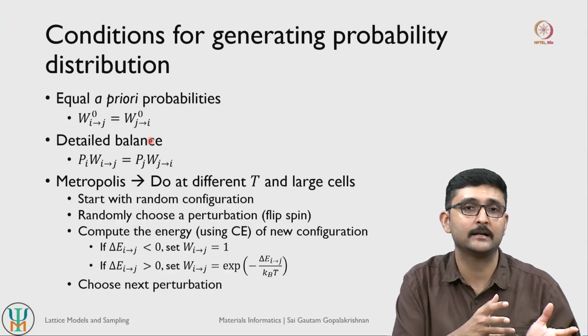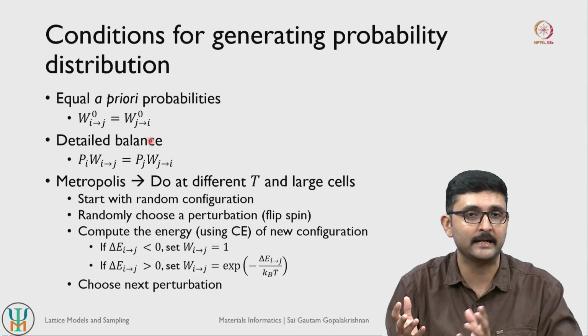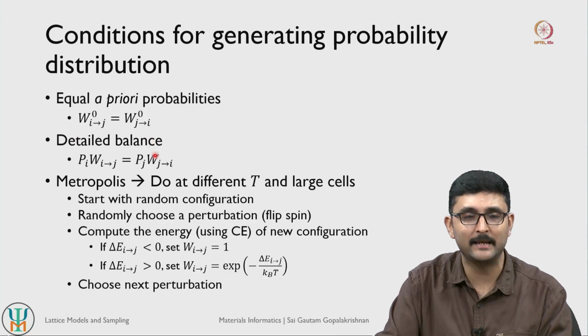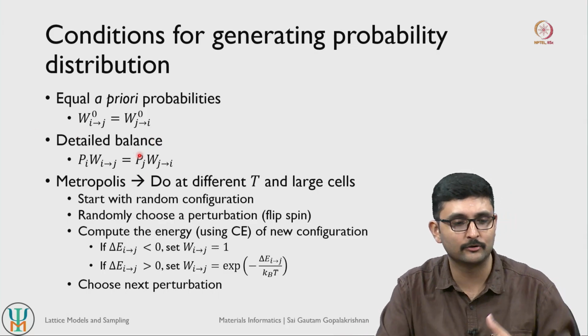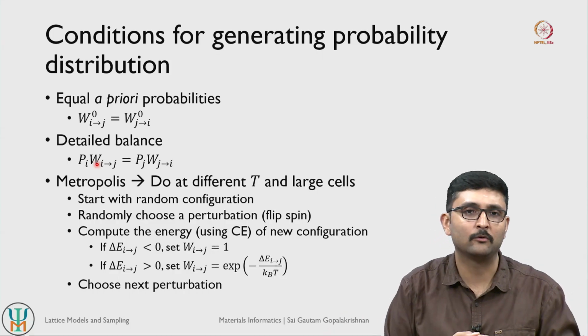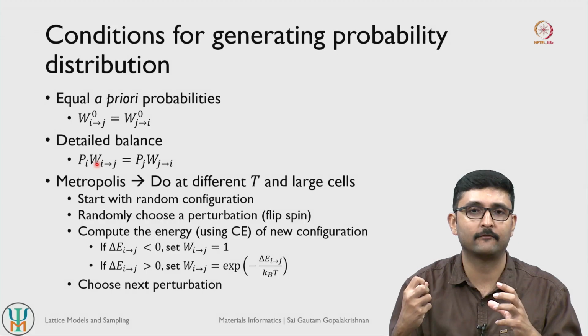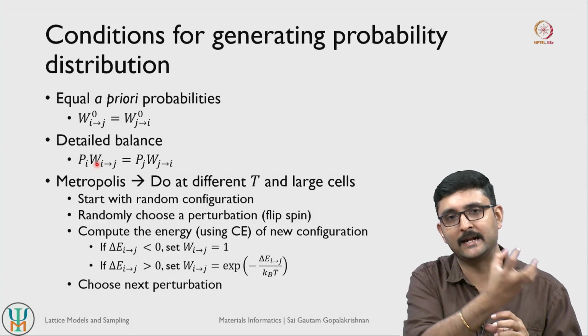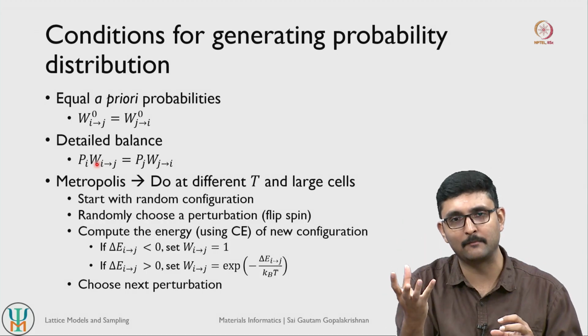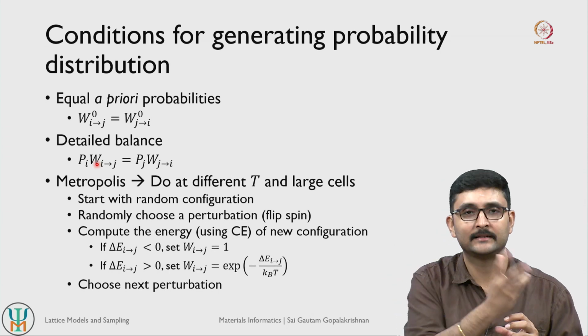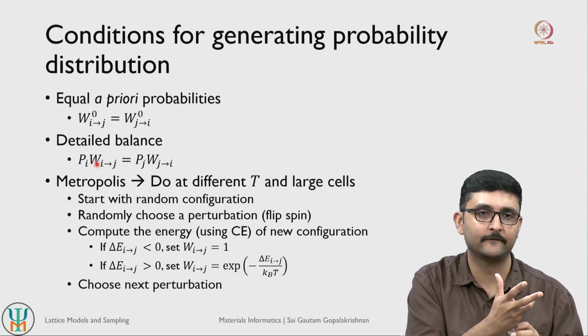The second important condition that you have to satisfy is what is referred to as detail balance. What this means is that, so I know I'm introducing a bunch of terms here, the net probability for a transition from state i to state j in your system. So state i is one microstate, one given configuration. State j is another microstate, another given configuration of a system.